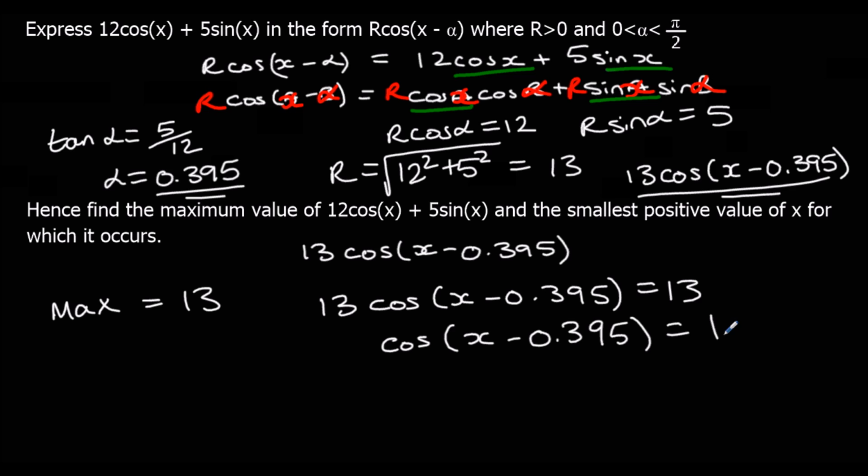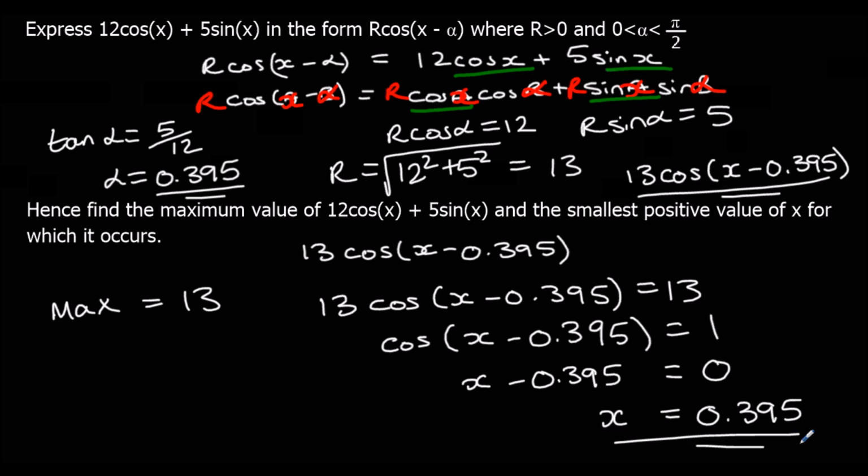So if we shift cos 1, we should get 0, because the cos graph is equal to 1 at 0, and add 0.395 to both sides, we find out that this maximum occurs when x is 0.395, and you could substitute it back in to check,